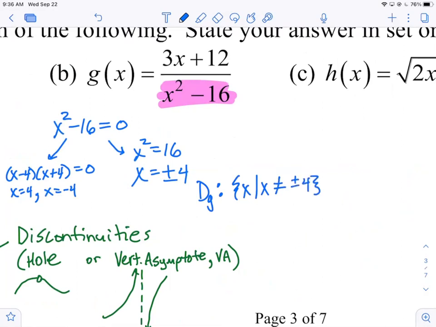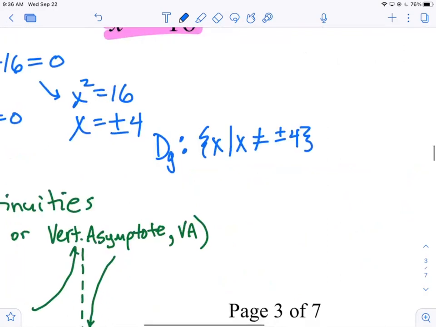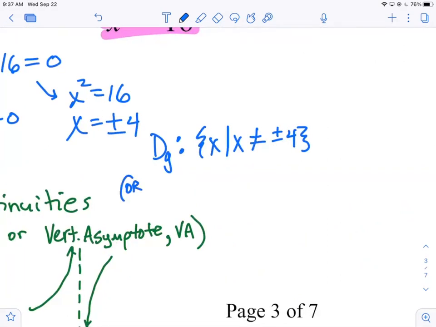In set builder notation, again, you have a little bit of flexibility. You could say x cannot equal plus or minus 4 because that builds the set. As long as there's no ambiguity as to what the set is, we're good. And then again, by default, all the other real numbers work. Or if you like the interval notation, D sub g, colon, not equals, is going to be x epsilon